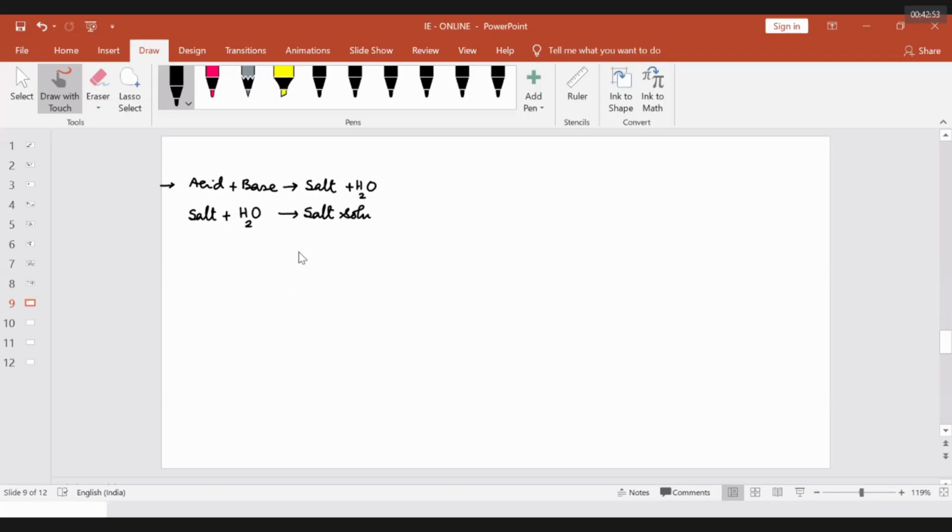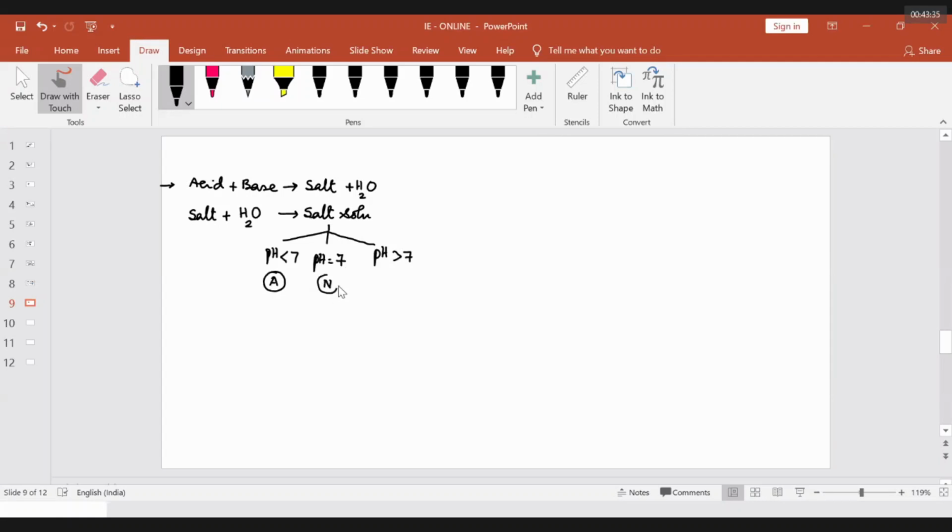In this salt solution, if you dip a pH meter, there is a device known as pH meter, as we have a lactometer. Once you dip that in the solution, it will give you a direct reading. You may observe in some cases pH is less than 7. In other cases, pH is more than 7. Then you are very happy, sir. I know very well that this solution is acidic in nature, this solution is basic in nature. And if you got pH equal to 7, you may declare that this solution is neutral.